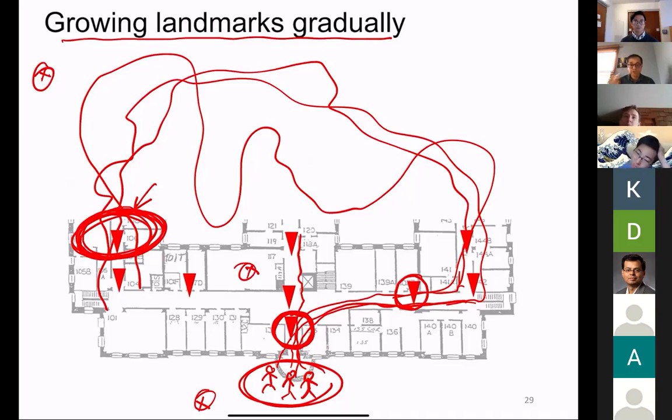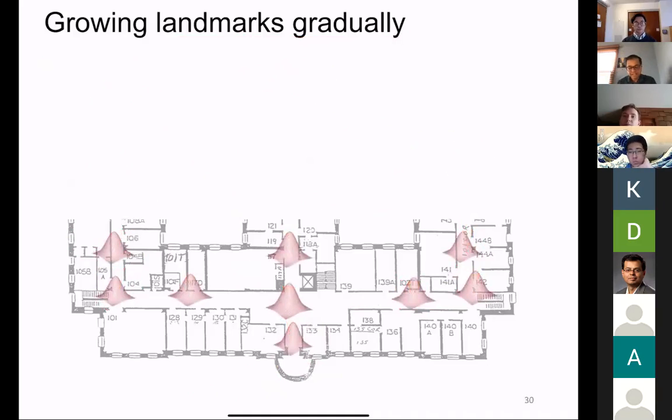Right? So this is the reason nearby landmarks from the starting point get estimated first. Using that as an anchor, the next landmark gets estimated next. Using that next one as an anchor, the next landmark gets estimated. Okay, so the ordering in which the landmarks get estimated is important. Very good.